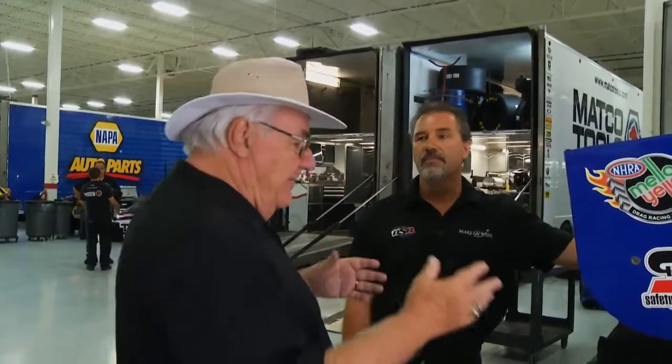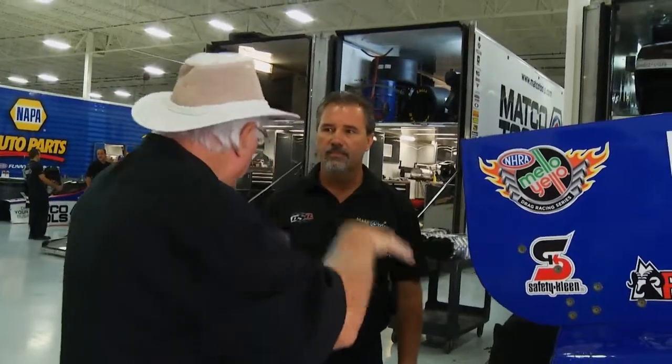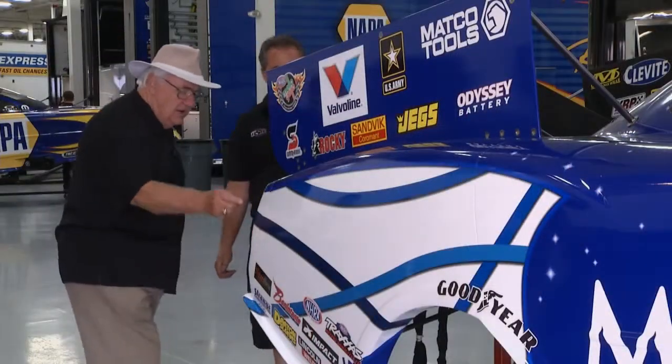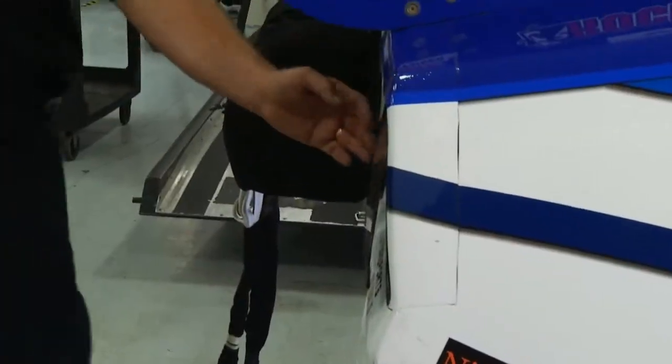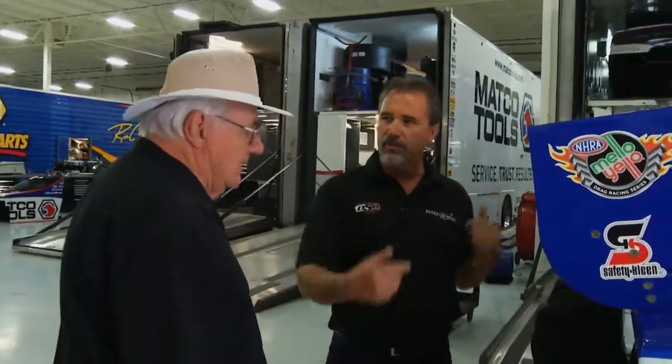Some people have had the theory that a funny car could go maybe as quick as a top fueler if it had the same wheelbase and the rear engine and everything, because the whole body is kind of like a wing shoving down. That's true, but we have a lot more drag with the size of the body than the top fuel dragster. Okay. Which, and these right here, they allow the pressure under the rear of the body to be exhausted, like inside the cabin with the holes in the...